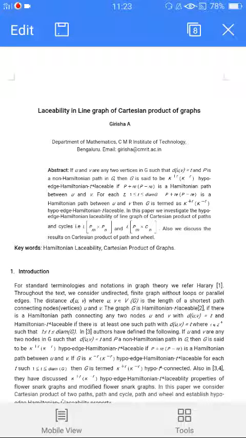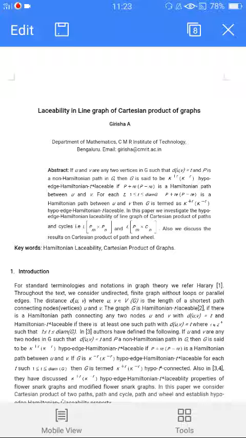My today's tech talk topic is laceability in line graph of Cartesian product graphs. The abstract of this talk is: if u and v are any two vertices of a graph G such that the distance between u and v is equal to t, where t is